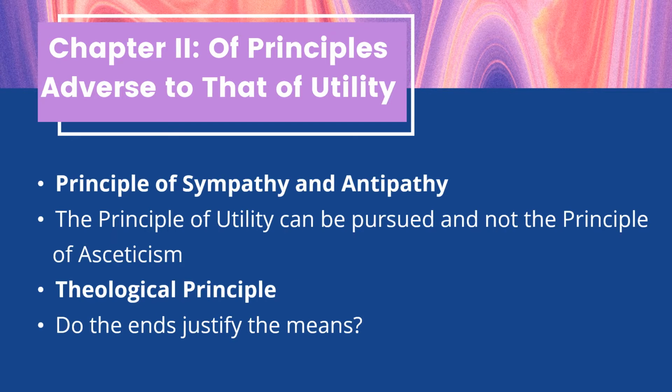The next important point from this chapter that will be discussed is the principle of sympathy and antipathy. Bentham defined this as the dependence on feelings for moral decisions. It determines if an action is right or wrong based on how we feel about it, our intuition, or our conscience. Since our feelings are not objective, they tend to be inconsistent and involve emotional application. Hence, such principle would make criminal punishment arbitrary and unjust.